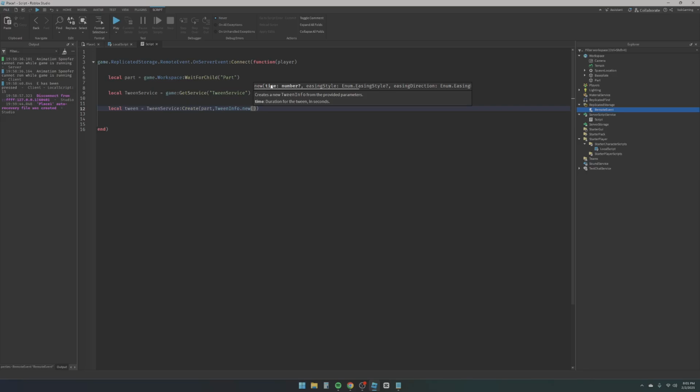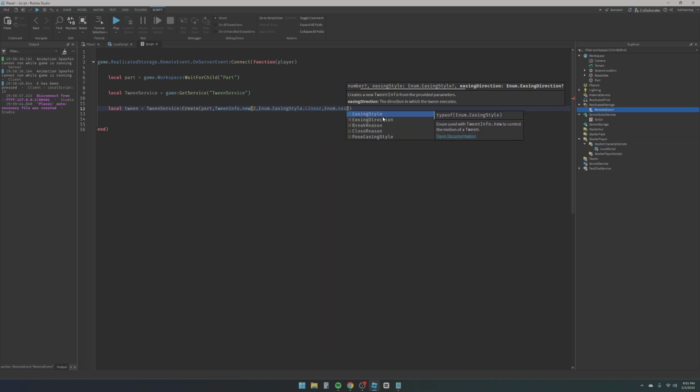So let's say we want to increase the size of our part to, I don't know, 20, and if we put 2 seconds right here, it's going to take 2 seconds for the size to increase to that certain point, right? And then there is also an easing style, which I'm going to show you just a couple of in this video. We're just going to use linear for now, and then enum.easing direction out,